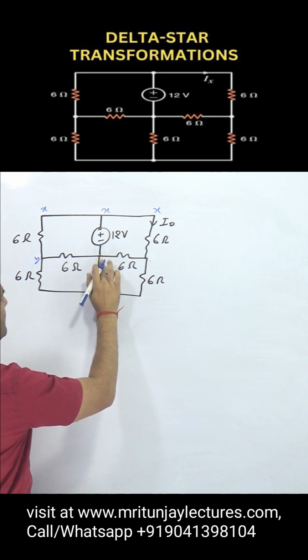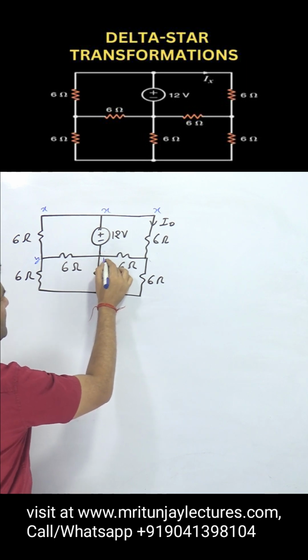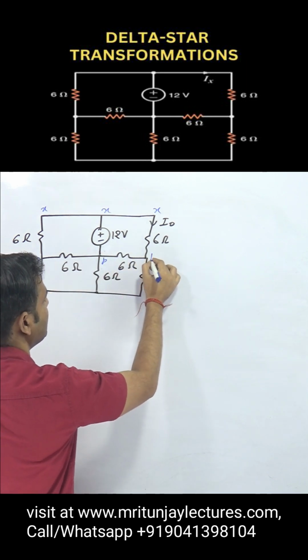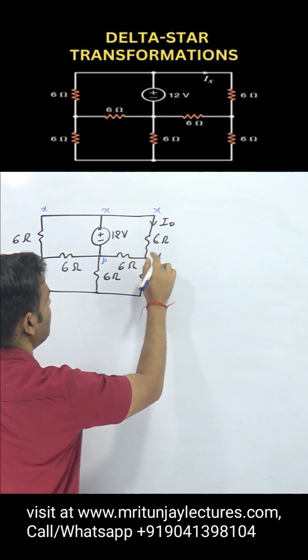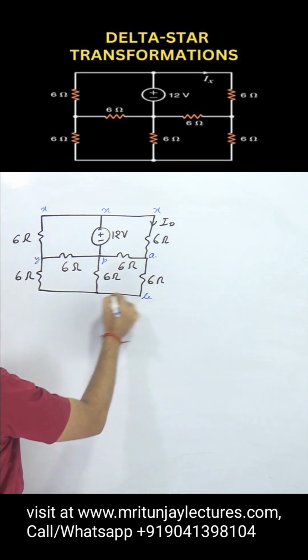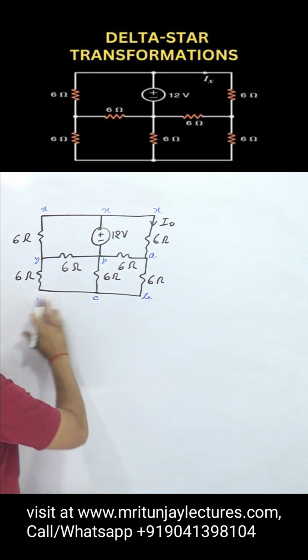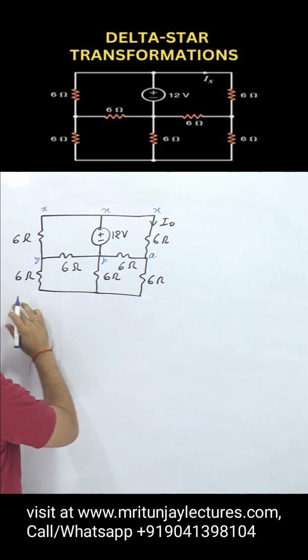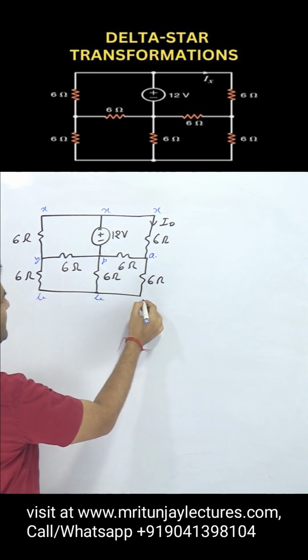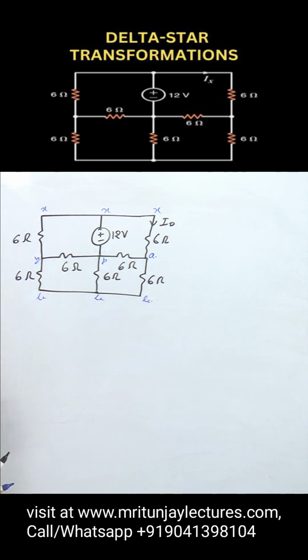Here z, or here p, here a, here b, here c, here d. Clear or not? Okay. Sorry, that point and that point are the same potential, B, B and B. Okay, clear? So if you see this one, B, P, Y, P, B,